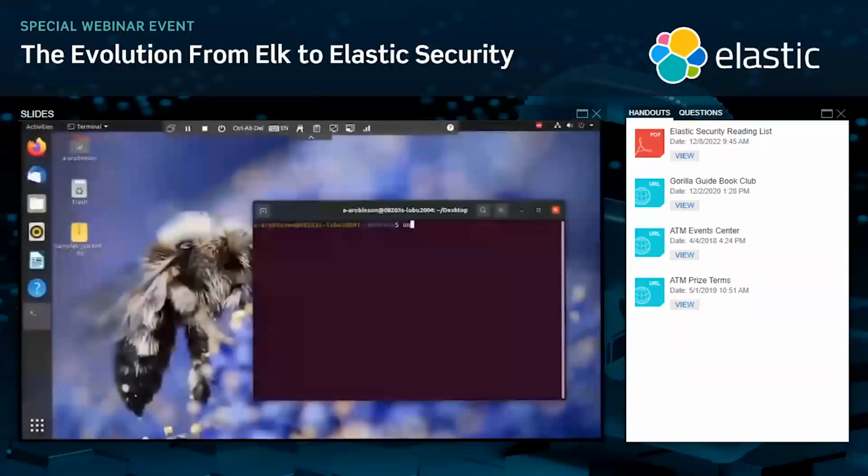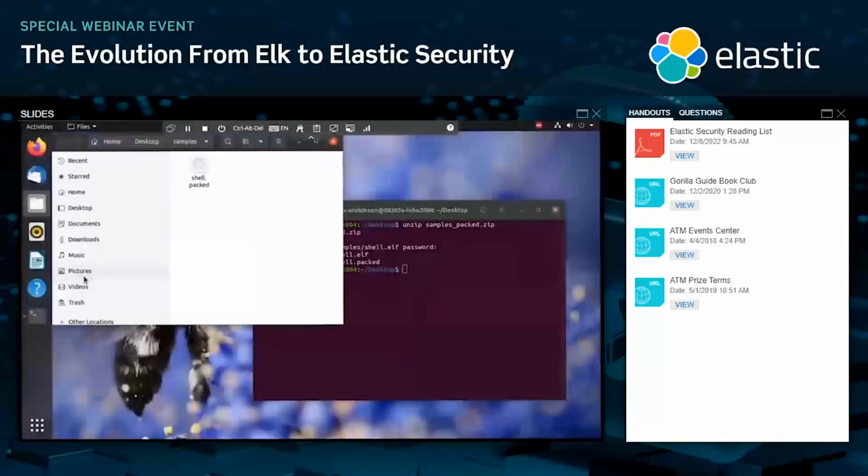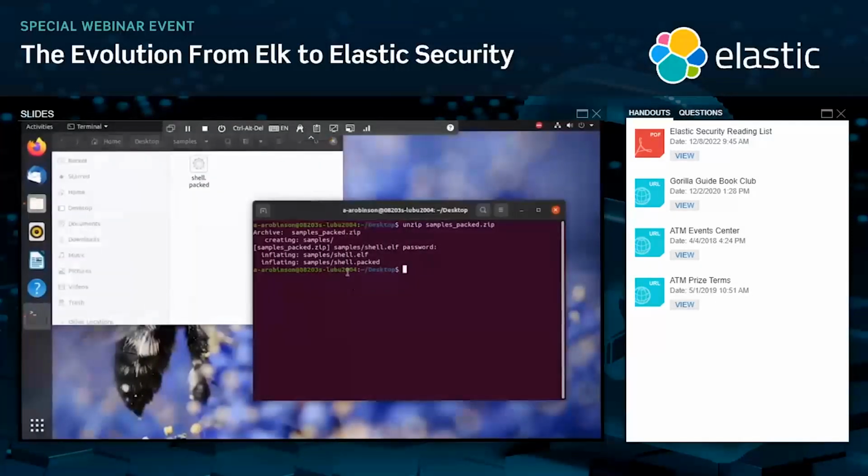Similarly, I have some samples on Linux here. And if I was to just unzip these samples, I'll see that I'm unzipping two files here, right, into the samples folder. And if I open that folder, I'm going to notice that there's actually only one file there, .packed, right? And that's because ELF was not packed. So it was killed and quarantined just like the malware we saw in Windows. But packed survived because it's obfuscated on the file system, right? We can't read into it just yet.